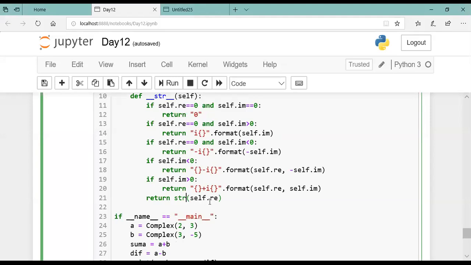Here see, real 0, real 0, real 0. And then imaginary less than 0, then this will happen. Imaginary greater than 0, then this will happen. Otherwise, this will happen.